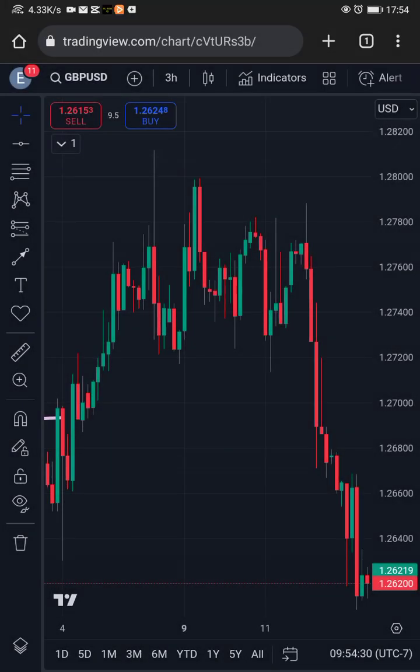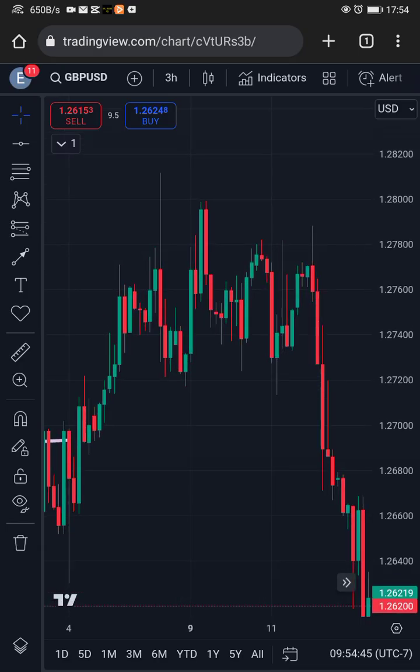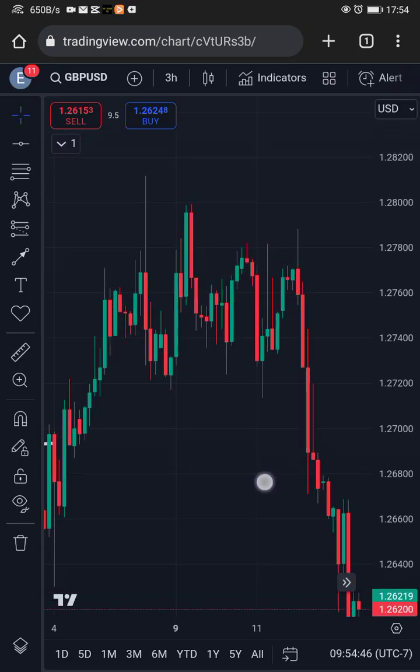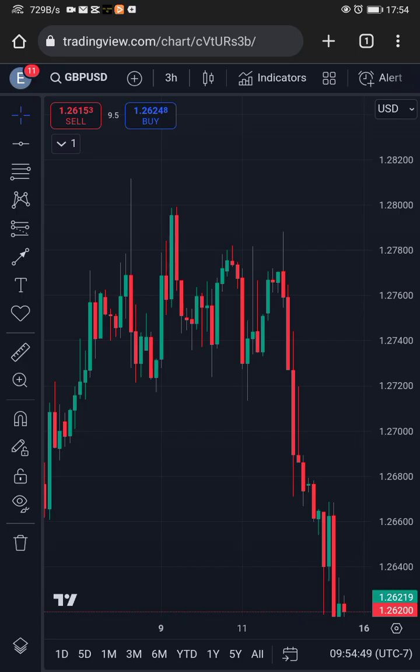So for you to trade support and resistance, the best way is for you to look at the level on your chart that has touches, like at least 3 or 4 touches. Like if we check here,